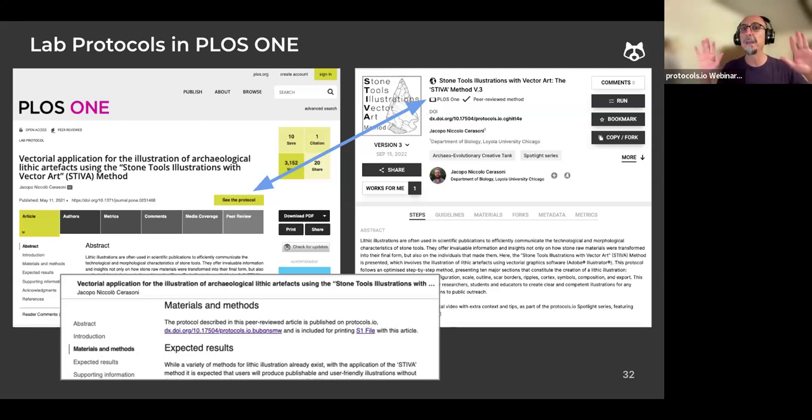So PLOS ONE is a pretty broad, welcoming journal. And one of the reasons we are excited about this partnership is that the way they have defined the scope is that they are not expecting new experimental results. And they are welcoming to new protocols that might be extensions of something that has already been reported. And the idea is that if you already publish a method, or someone else did, but your work has been to troubleshoot or optimize it, for example, for a new condition, that this work of optimization and tweaking can be recognized.